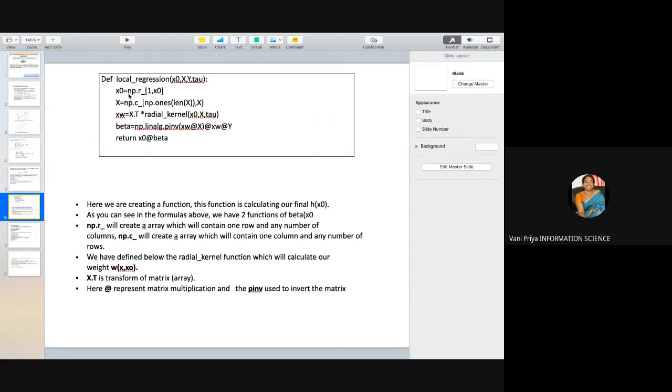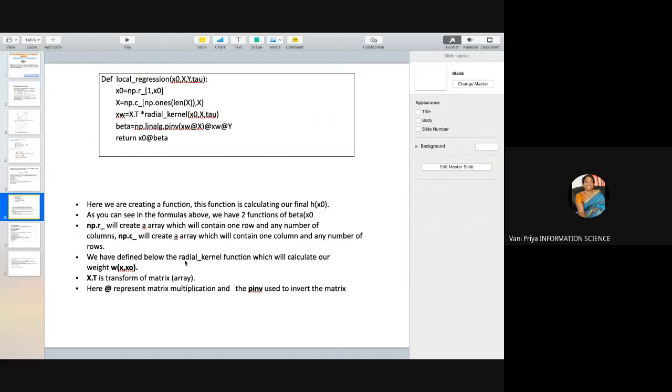What is this array doing? np.array will create an array which contains one row and any number of columns, which we have already seen. And np.c_ will create an array which contains one column and any number of rows here.